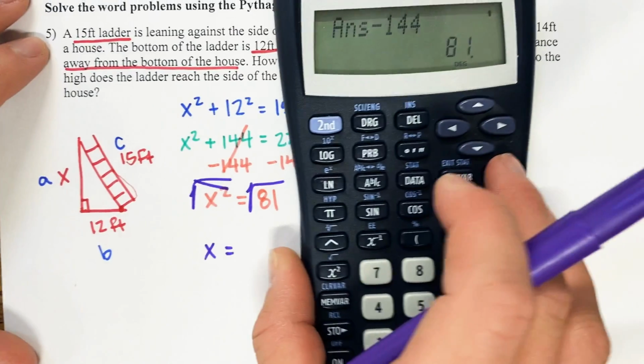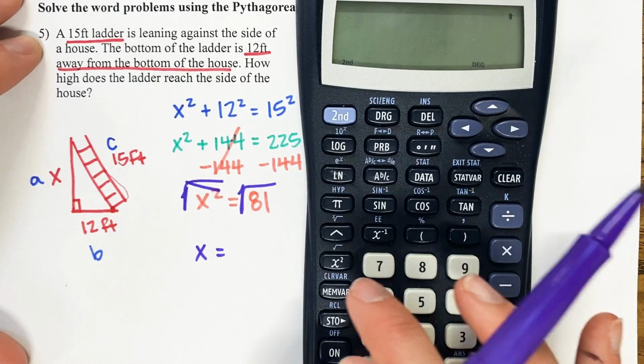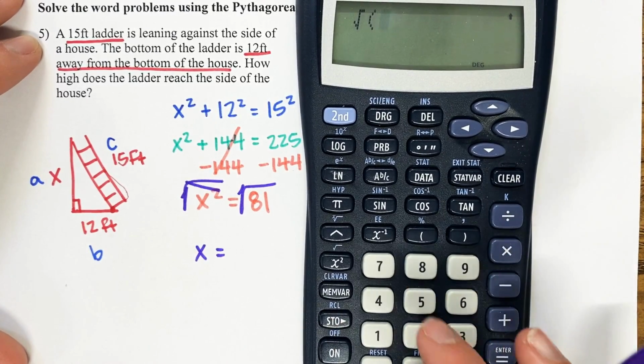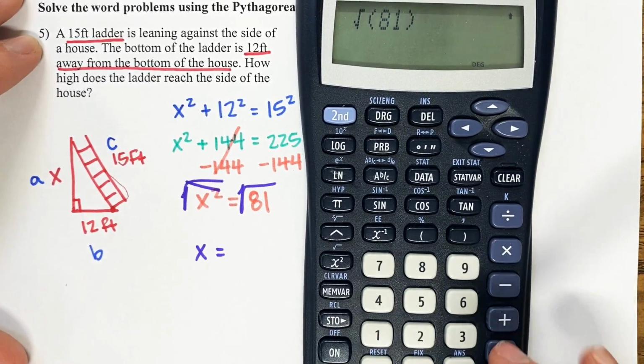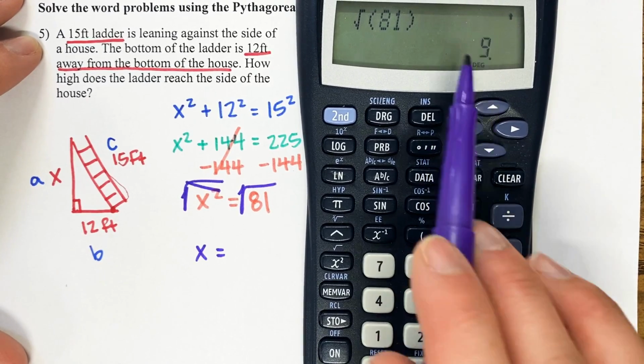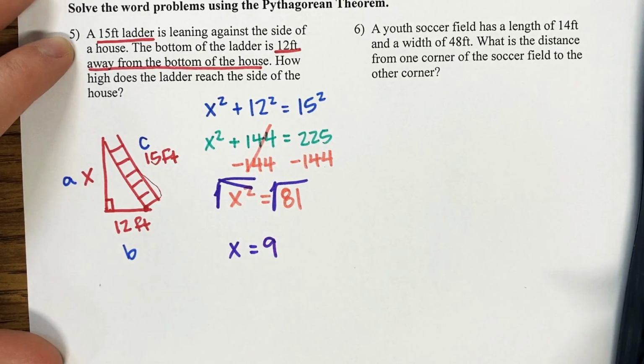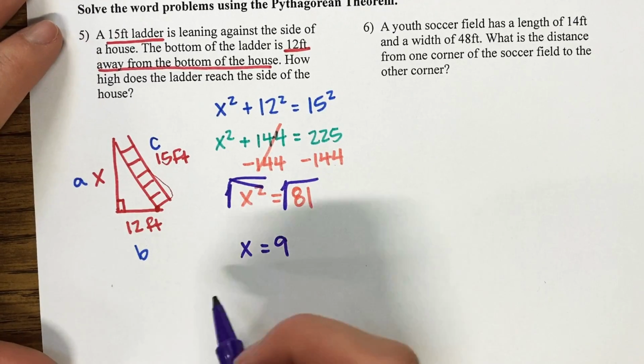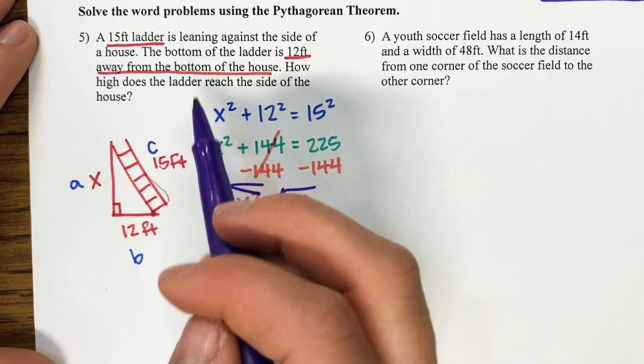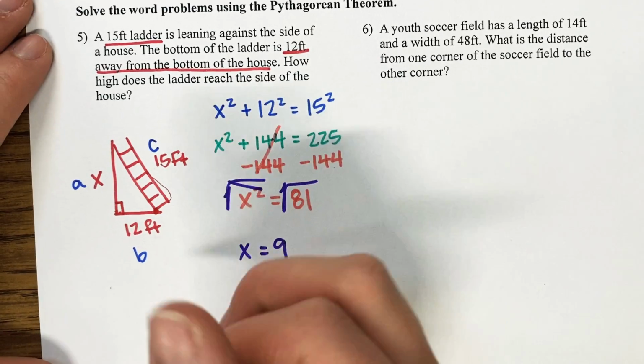Well, let's check. Second square root button. 81. Ooh, and we get a nice pretty number. X is equal to 9. Okay, so if we're going to put this back into the context of the word problem, we can say